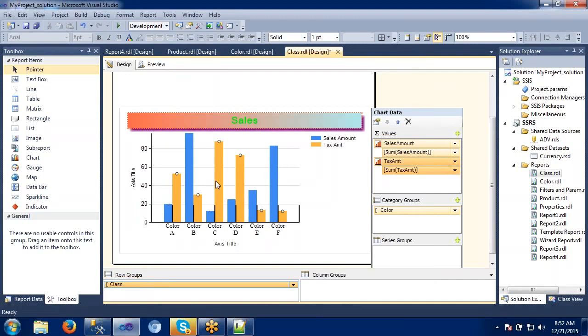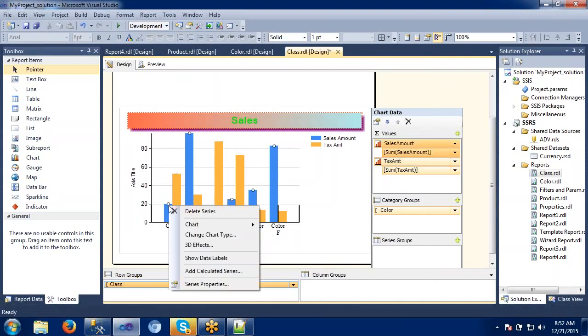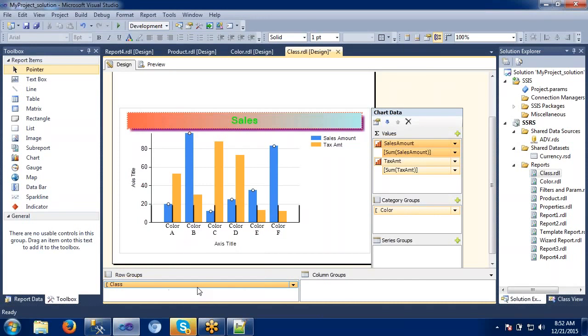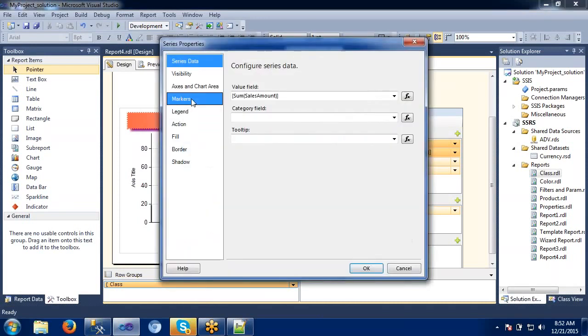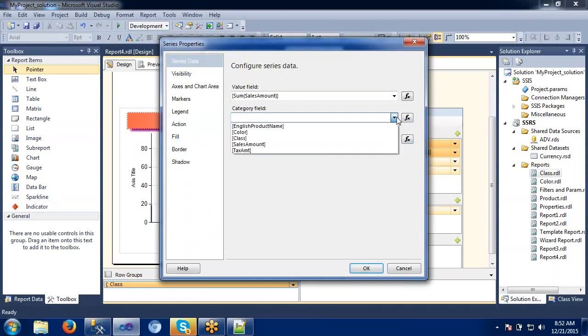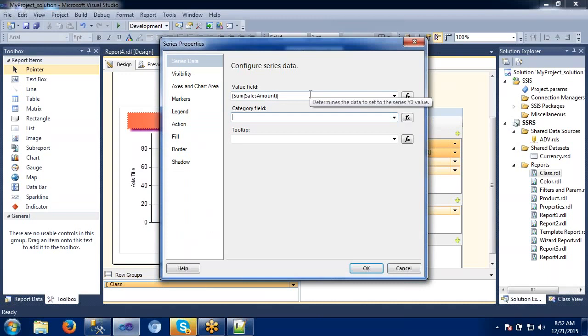And these are the legends, where the series are, where we are going to make changes. If I click this, it gives me some selecting options, right? So right click on the series, then series properties. See, these are the changes we can make in the series properties. It sums all the series data based on the category field. Which category field do you want to use? If you want to give a tooltip, we can give that here also, just testing here.